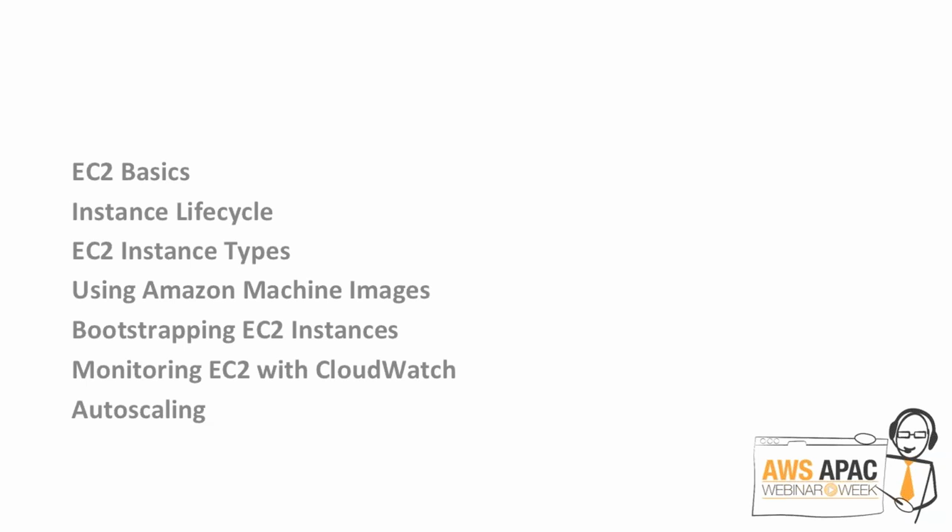So to start off with, I'll quickly cover some EC2 basics, the life cycle of an EC2 instance, various instance types at your disposal, and Amazon machine images, or AMIs, as they are called as well. I'll spend some time on bootstrapping EC2 instances and various techniques to bootstrap, because this will be crucial in deciding our scaling strategies. A very brief slide or two on CloudWatch, and then we'll get on to the main topic,